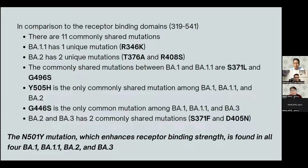And then next, BA.1.1, ayun nga, has one unique. BA.2 has two unique mutations in terms of the RBD, or the receptor binding domain. And then the commonly shared mutations between BA.1 and BA.1.1 are S371L and G496S. And then Y505H is the commonly shared mutation among BA.1, BA.1.1, and BA.2. And G446S is the only common mutation among BA.1, BA.1.1, and BA.3. BA.2 and BA.3 has two commonly shared mutations, the S371F and then the